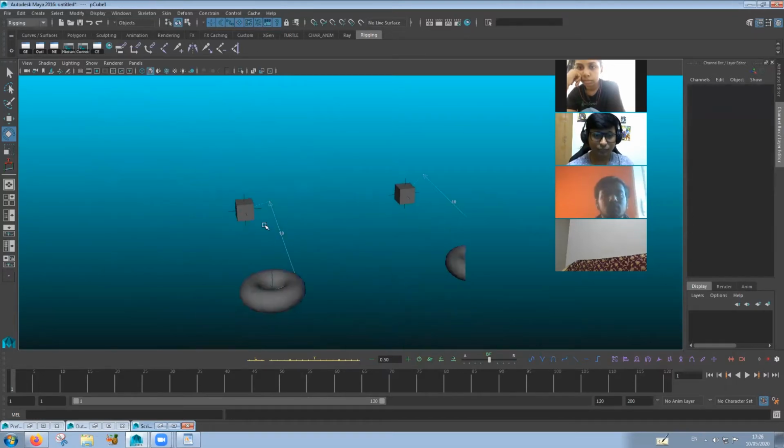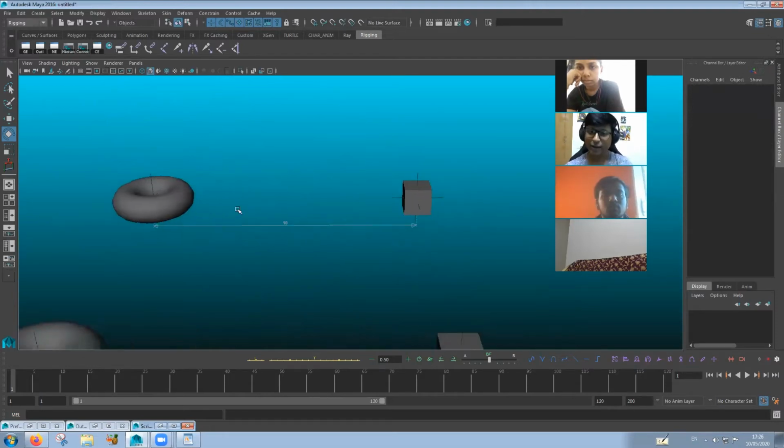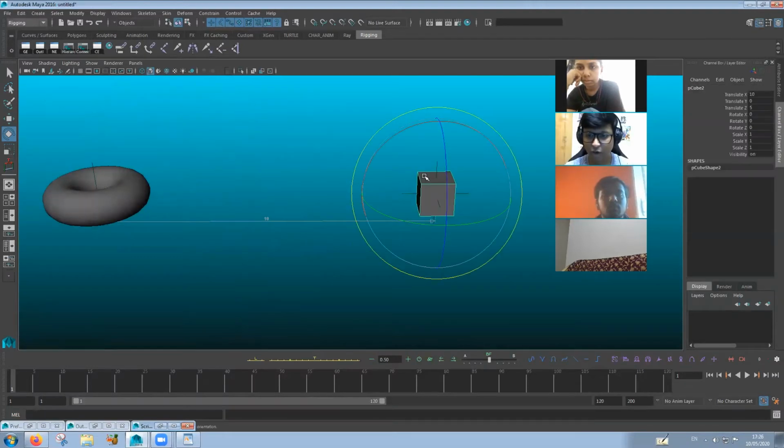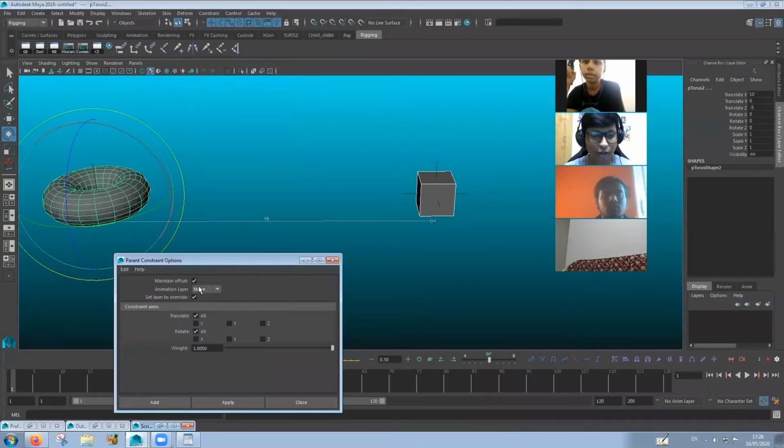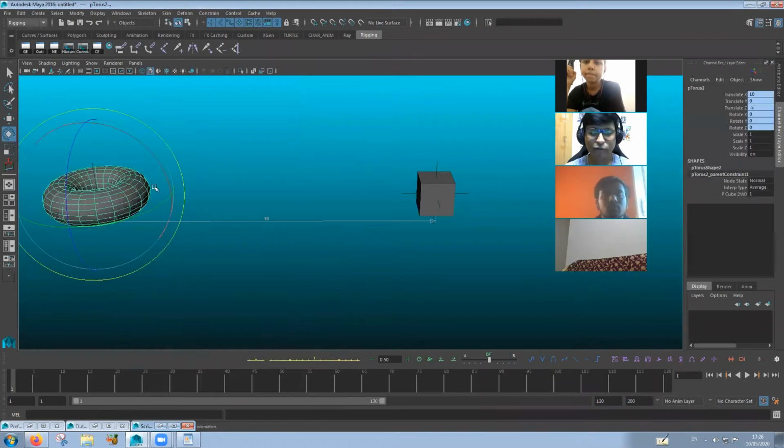Okay. But that is not the case in constrained parenting. So we have an object over here. For constrained parenting, it's actually opposite. You have to select the controller first and then the controlled object, and then go to constraint and hit parent. Make sure that your maintain offset is on. Okay, and apply. Now, if you see, the value didn't change for this torus. It's still -5 over here. All right.